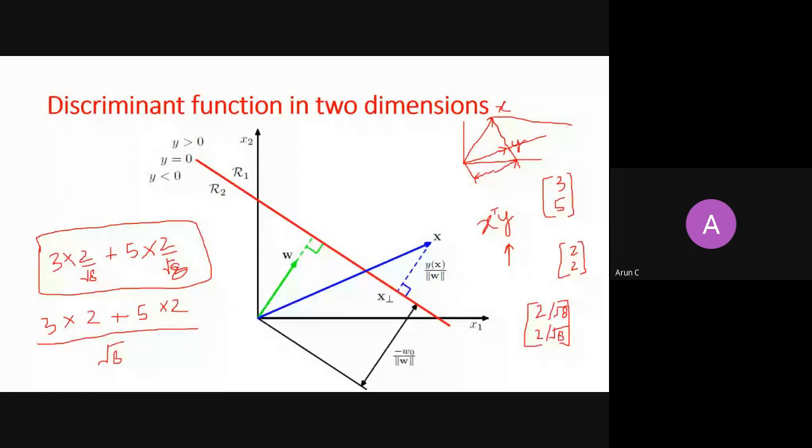If you divide this by the norm of the vector, you are indirectly saying that you can rewrite it as a dot product with a unit vector. So if the vector on which you are taking a projection is not a unit vector, then you need to normalize it to get an absolute projection. And if it is a unit vector, then you can directly take a dot product and it gives you the right projection, not the scaled projection. Any question on this? Is it clear? Yes or no?